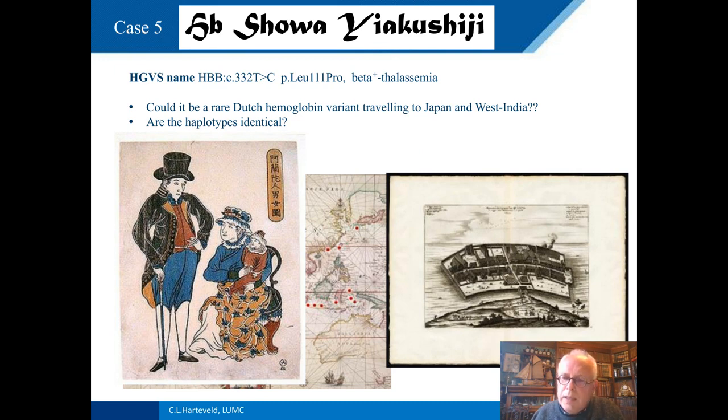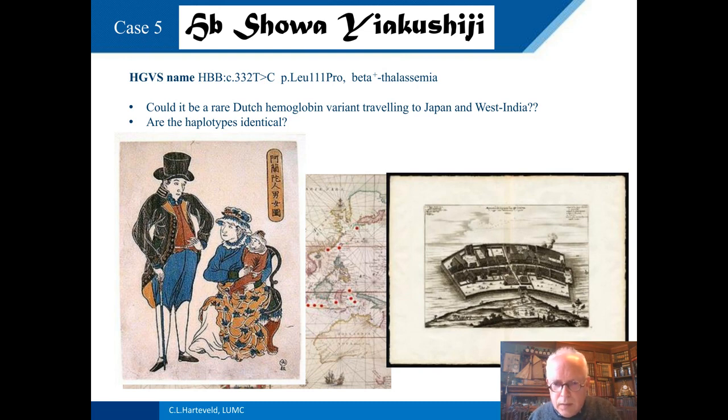So he had an island constructed, an artificial island in front of the coast, and the Dutch were supposed to stay there. And just to prevent them from escaping, the emperor sent to this settlement